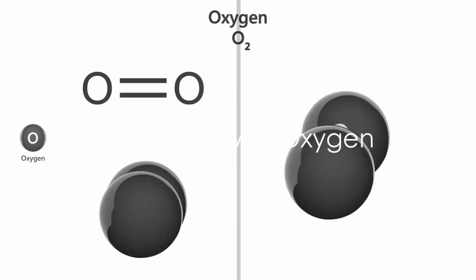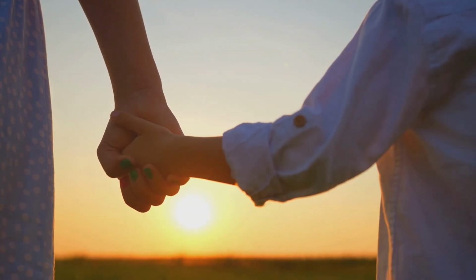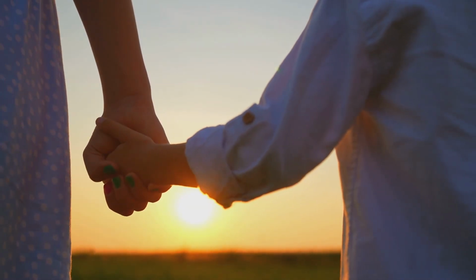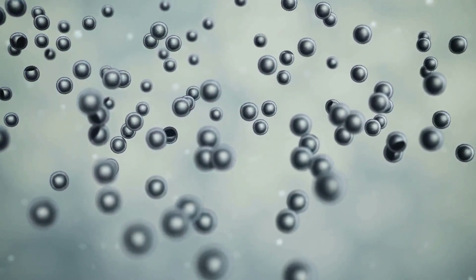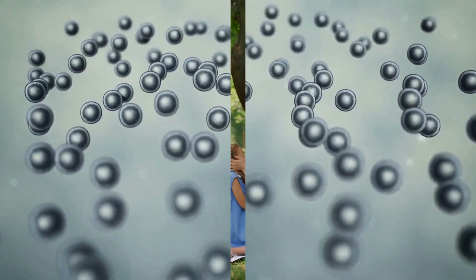Next, we had oxygen, a bit larger than hydrogen. When neutron and oxygen came together, they formed a slightly more complex bond, like the bond between siblings. This bond is an example of a polar covalent bond, where electrons are shared but not equally.